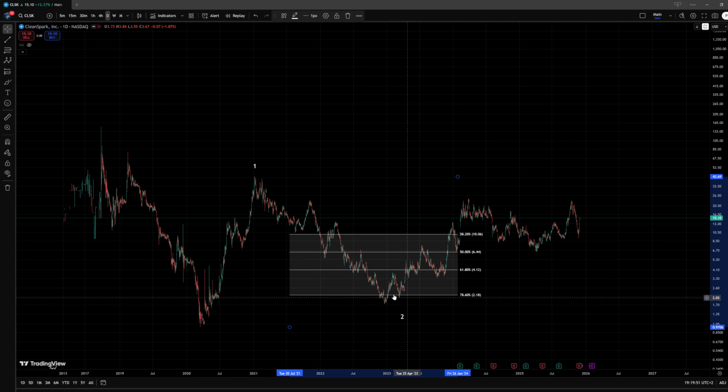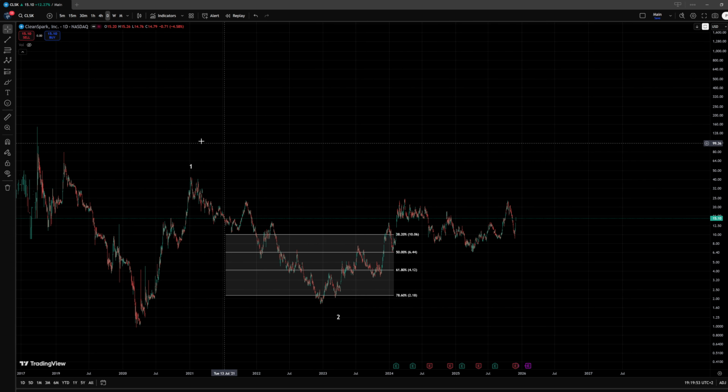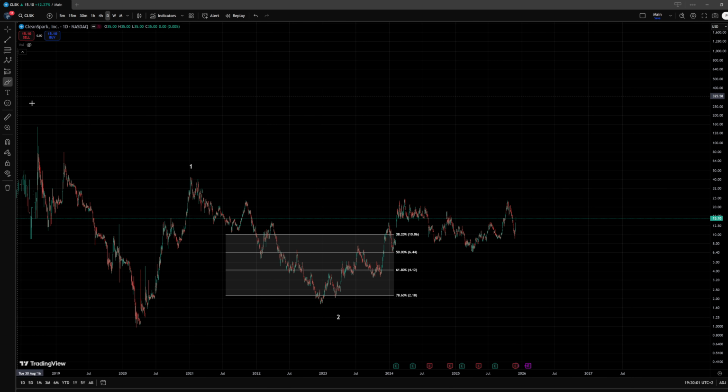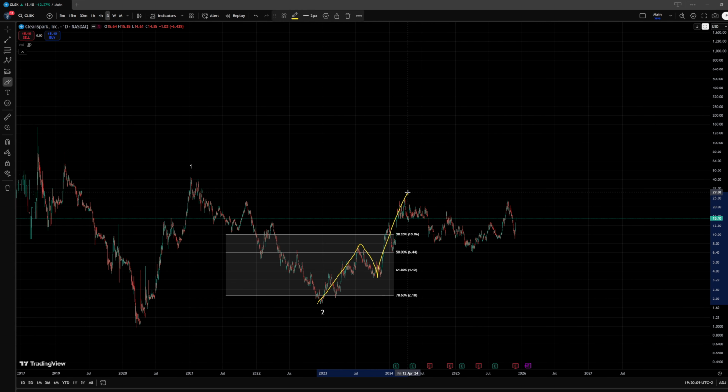It does pose some risks, but still we managed to push back higher and even outside the area of support, which is already a good sign that this structure does still have a very good chance of working out. The problem really is that from this wave 2 low, we only managed to form a 3-wave pattern to the upside so far. This structure could still extend into a 5-wave